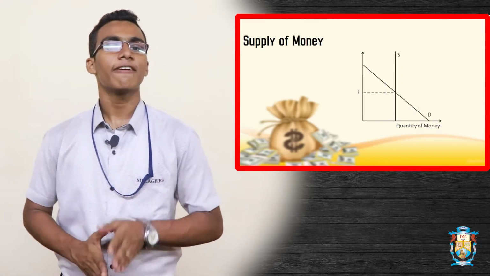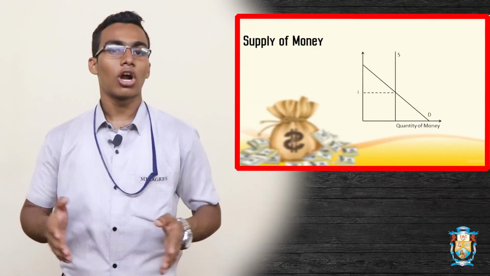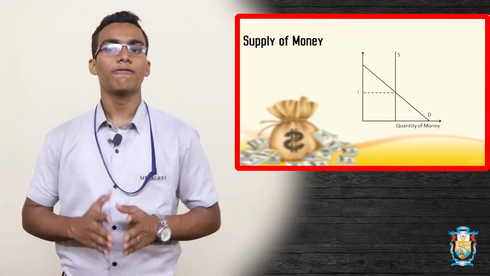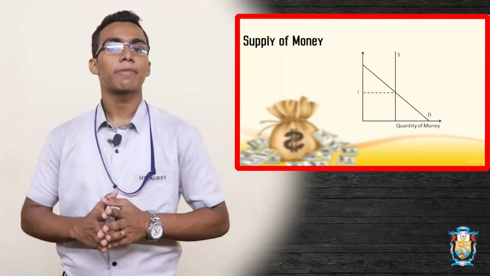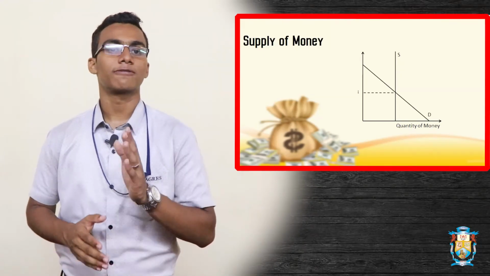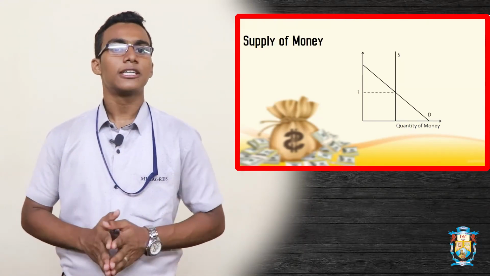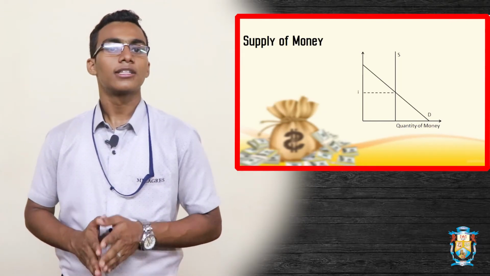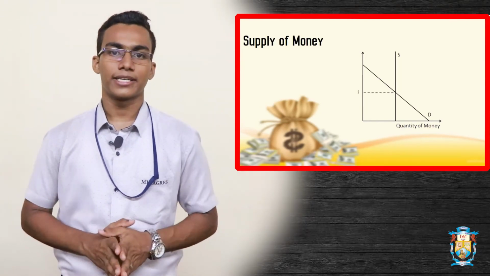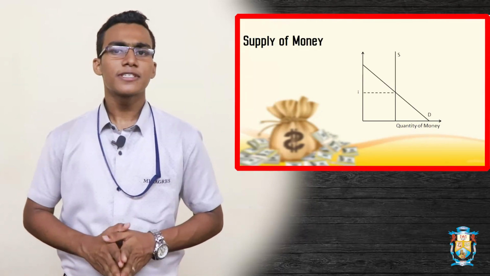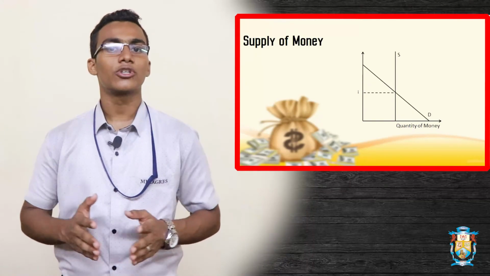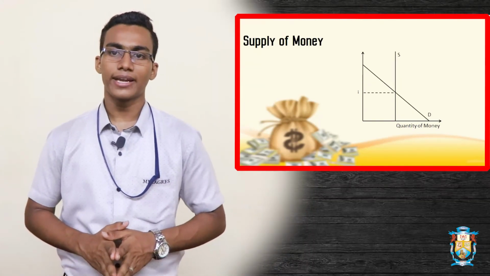The supply of money refers to the stock concept and not the flow concept. It means that the total of all the forms of money which are held by the community at a certain point of time. When the demand curve D1 cuts the supply curve at S1, the rate of interest is determined. The graph describes us that when the quantity of money demanded is equal to the quantity of money supplied, then